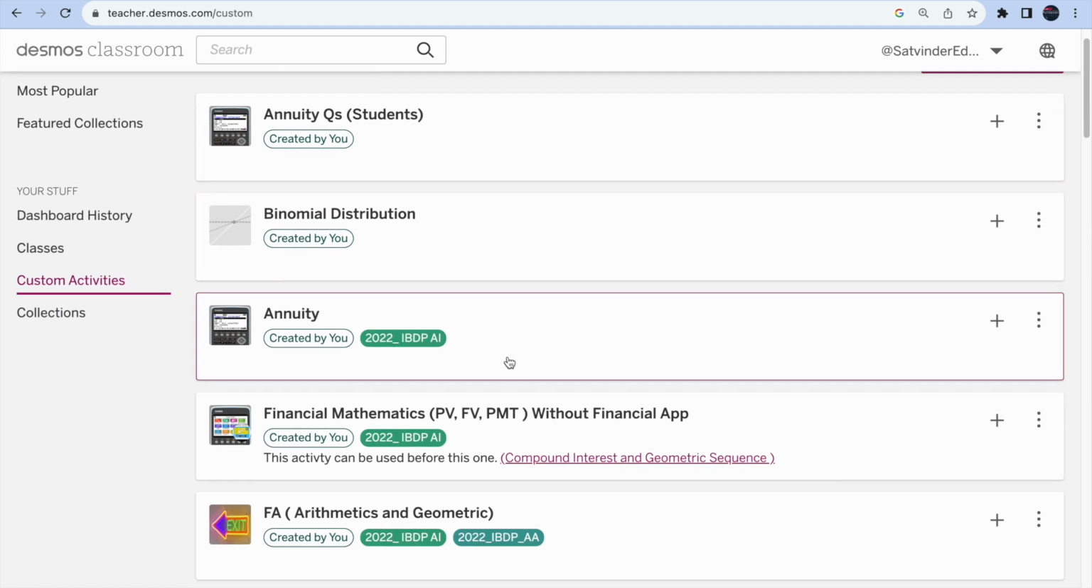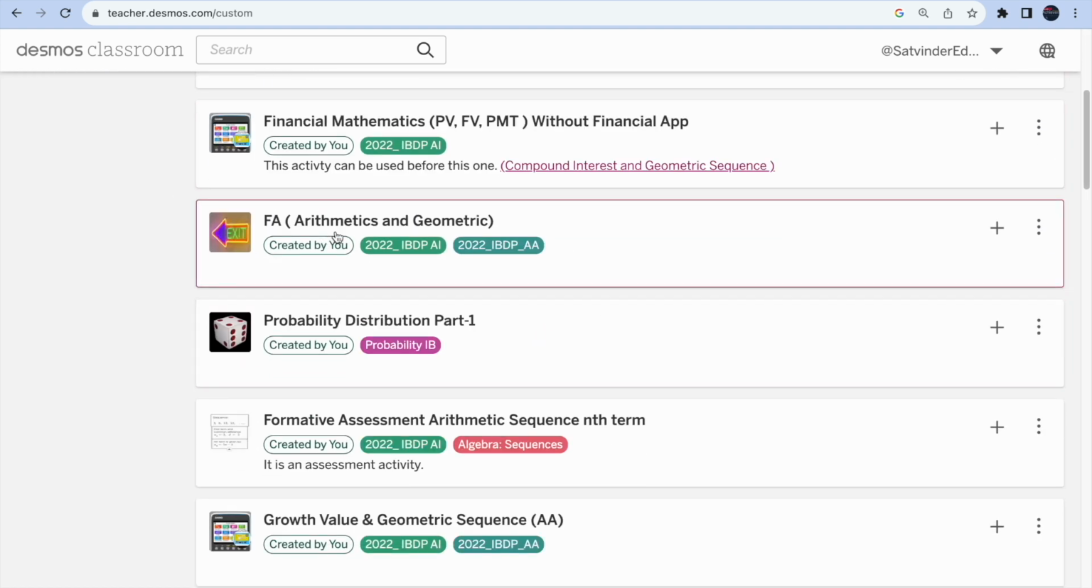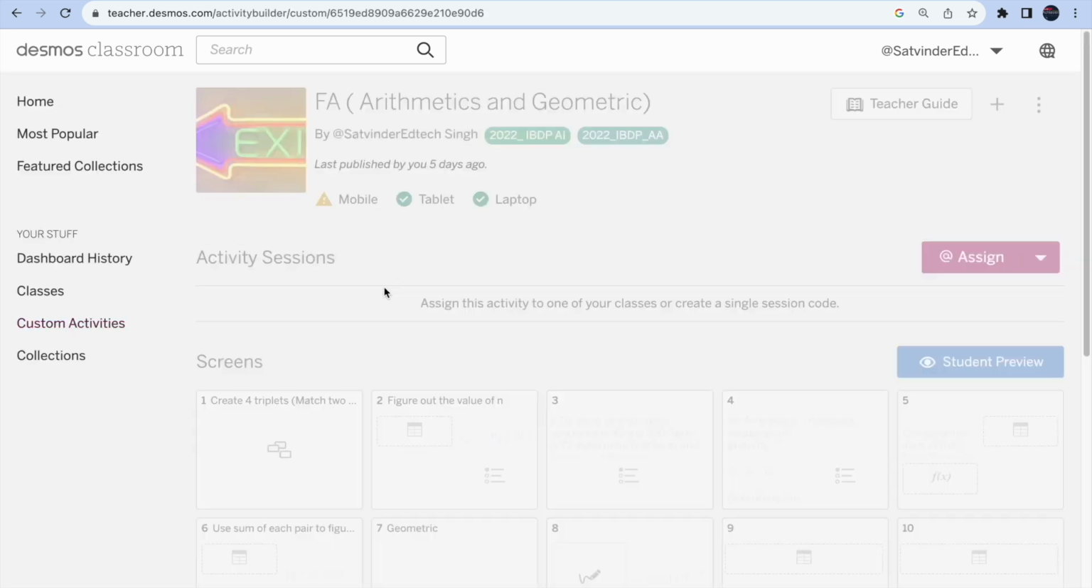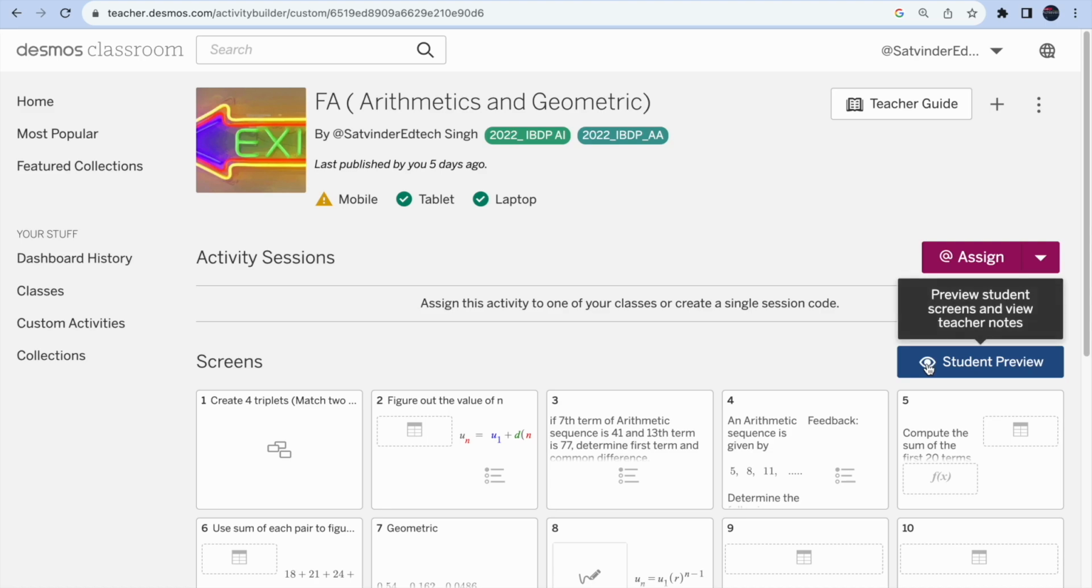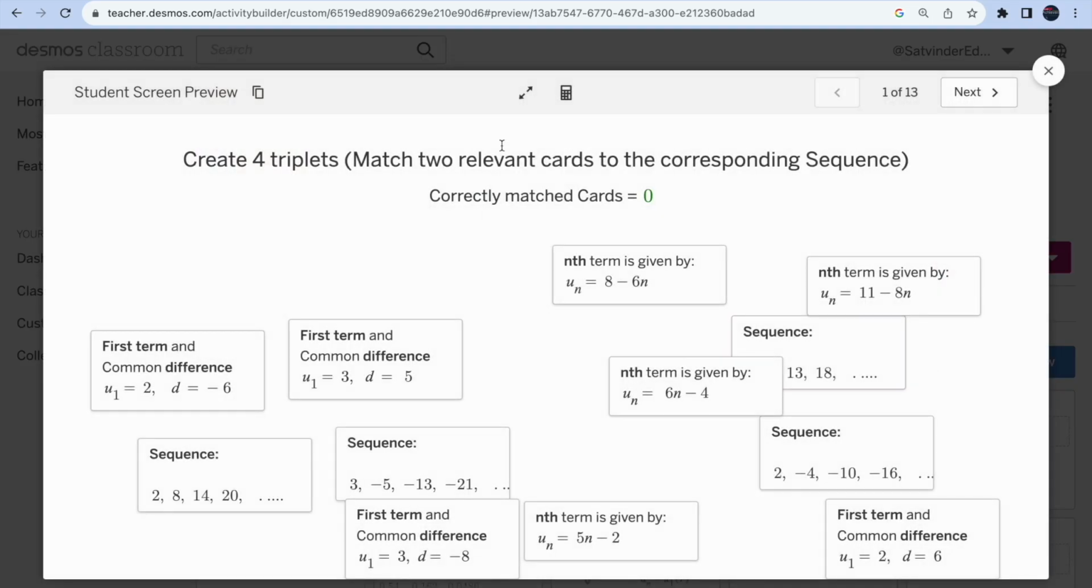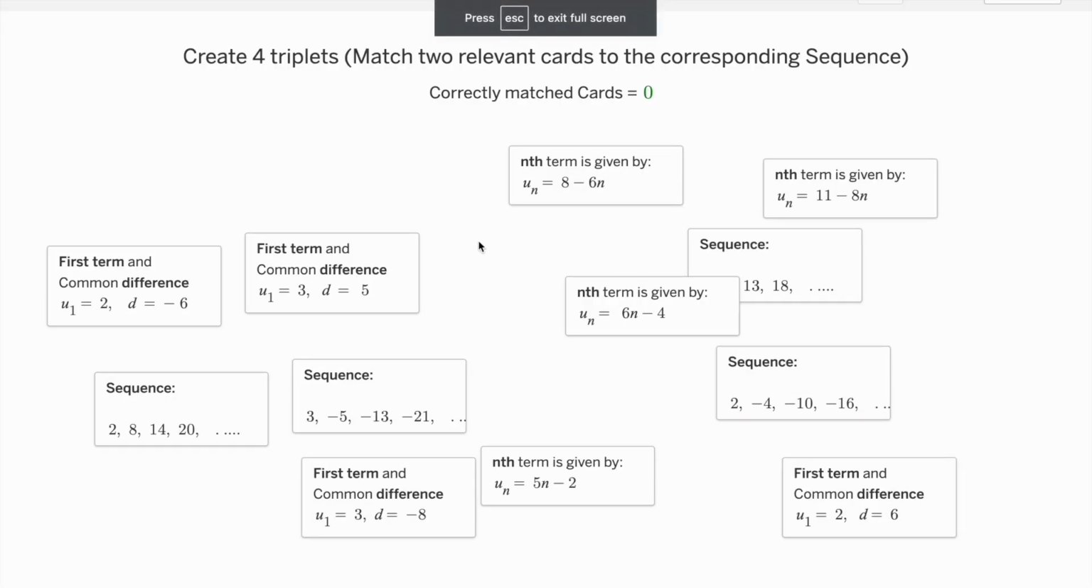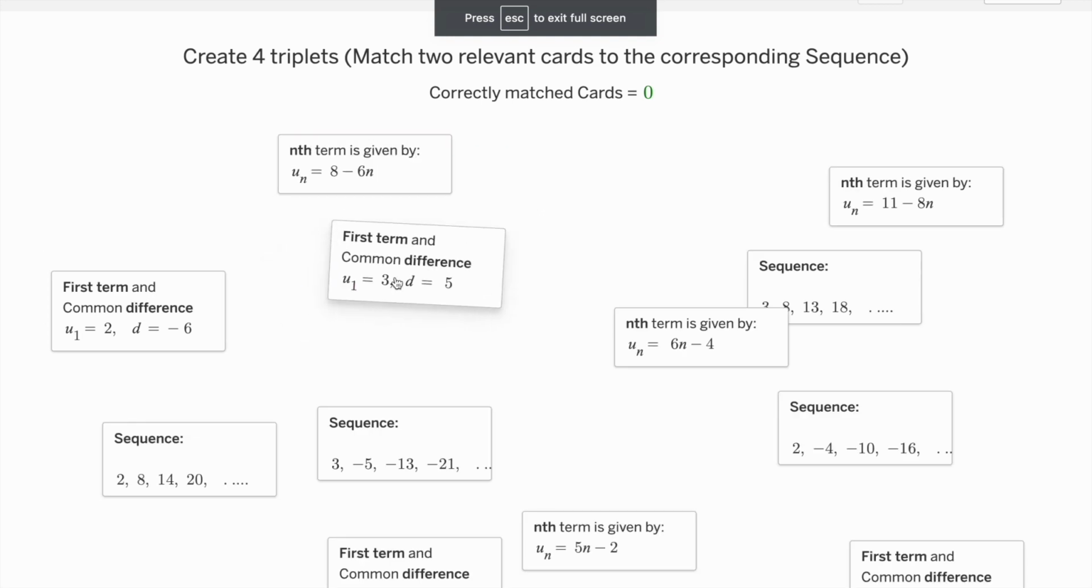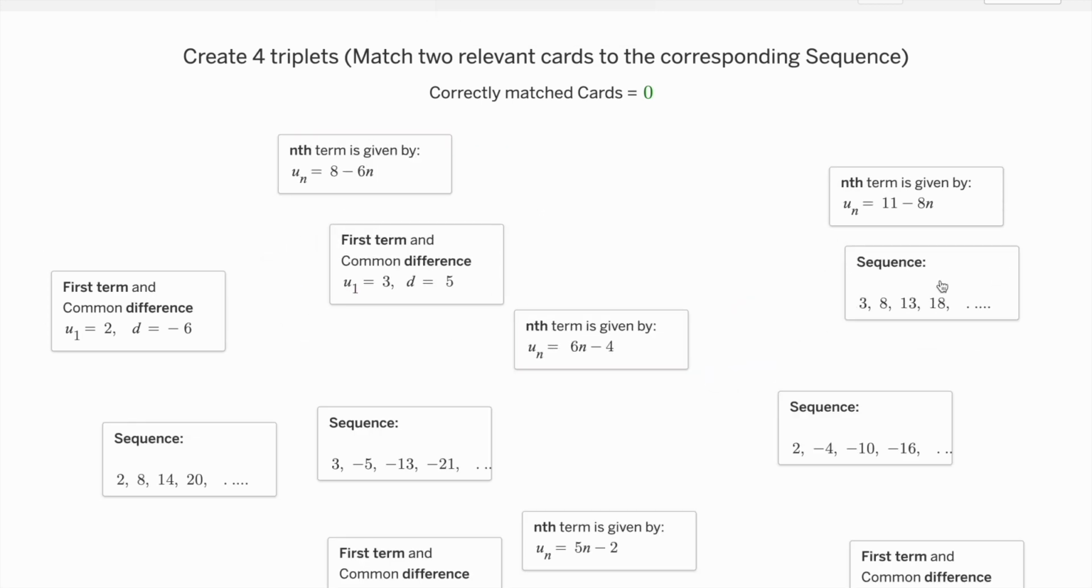For example, I have created these activities. You can see very recently I have created one on arithmetic and geometric sequences. This is the assessment activity. Actually, I can show you very quickly, and if you like, you can definitely create something very similar to this. So look, first I created a card sort game for my students. I've told them, okay, create 4 triplets, match 2 relevant cards to the corresponding sequence, and here they are